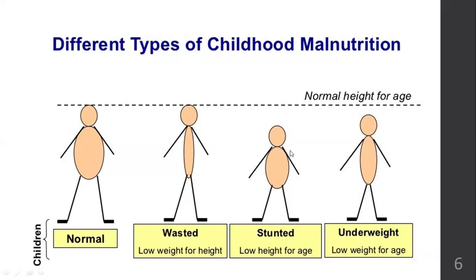Next, you have the stunted child. Not at all keeping up with the height, but their weight is almost normal based on whatever height they have acquired, even though the height is abnormal based on their age. But according to that height, they have enough fat in their body, they have enough weight for that body. And then you have the underweight child. The underweight child has neither reached adequate height, nor adequate weight. Low weight for age. Is it clear, all the different types of childhood malnutrition?